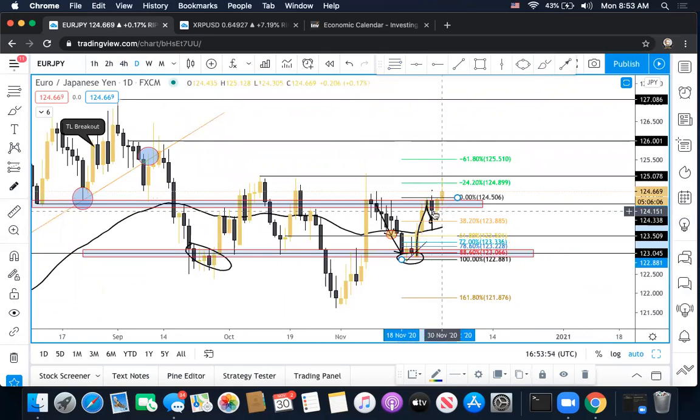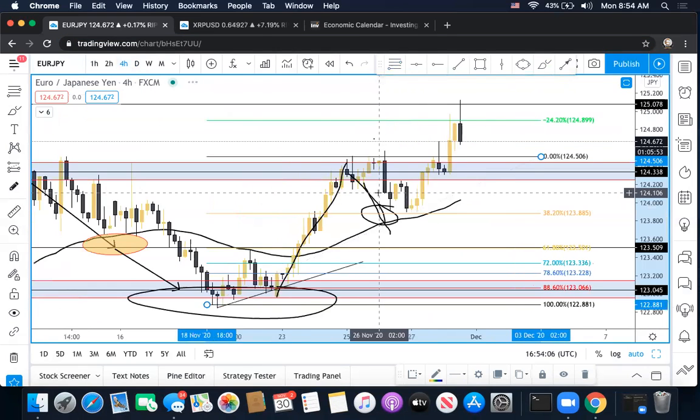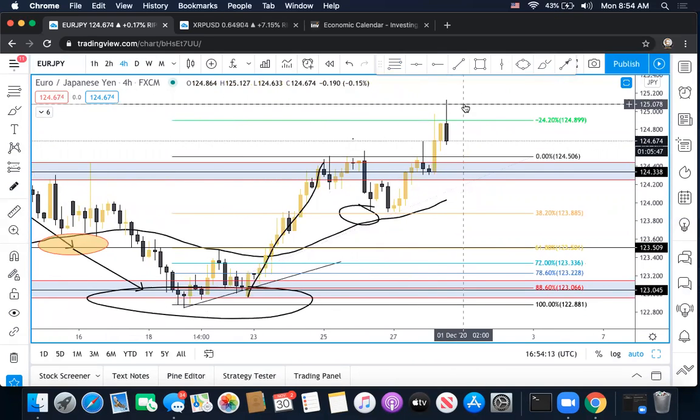It still hasn't made new highs yet from the overall fib, but this was a pretty good move, even from this support down here, 123. That's 200 pips to the upside, and there was really no bear candle, so a straight bull trend. Let me delete some of this. So now, because it hit that resistance, we may see the market push down